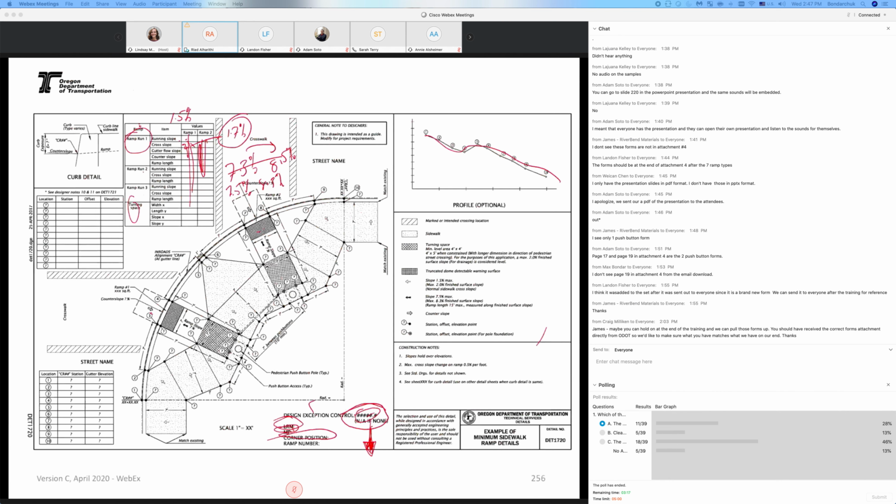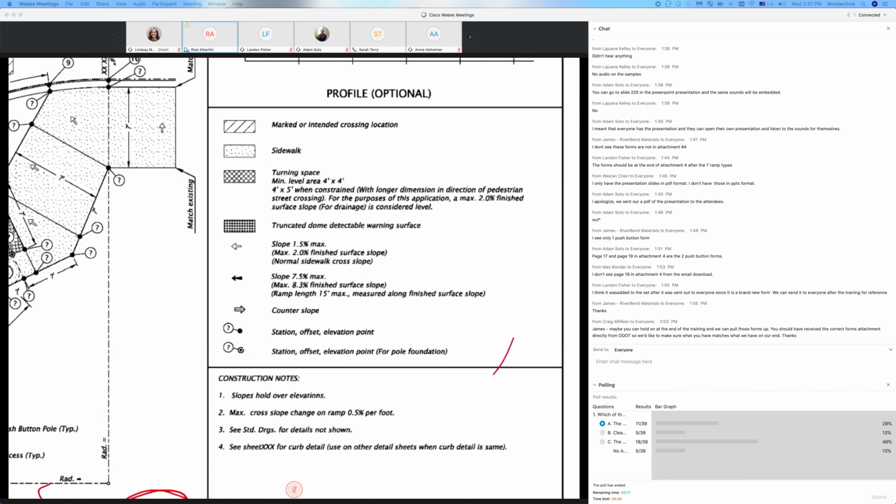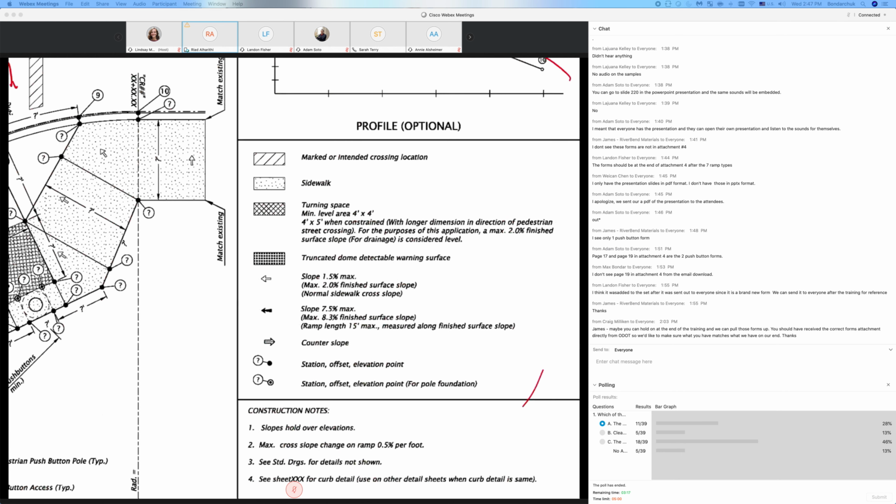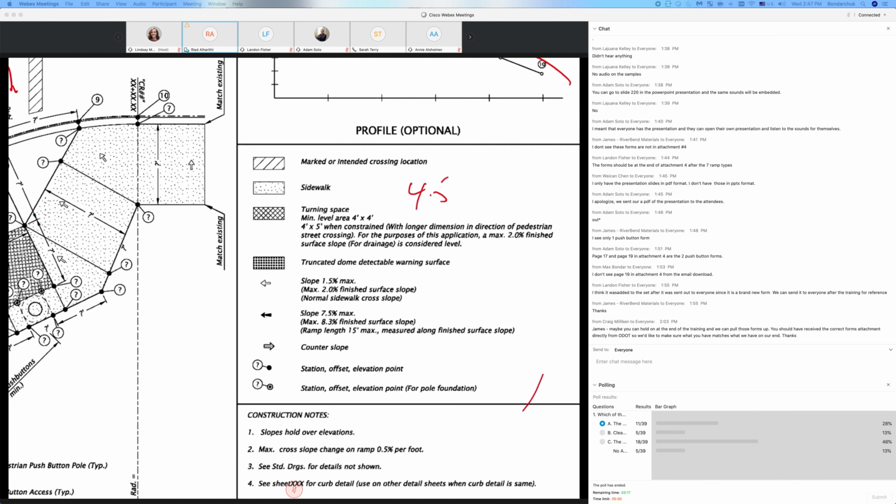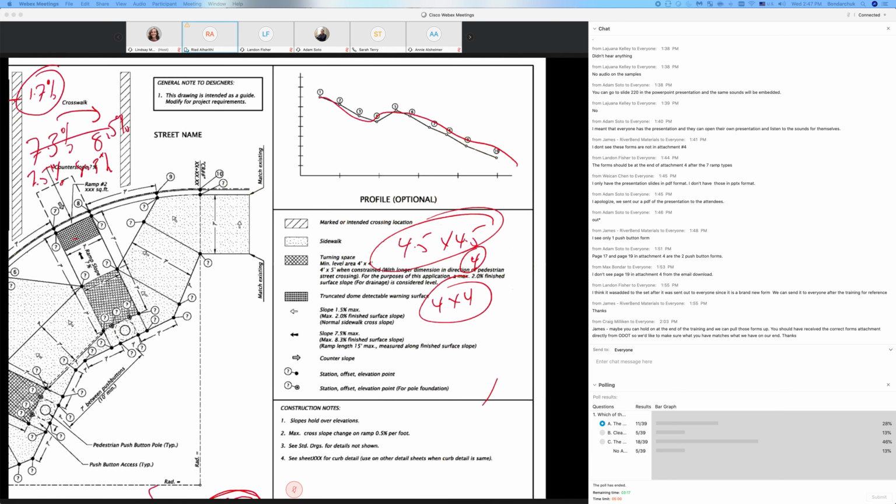So remember, the designer designed for 4.5 with the standard drawing. Remember the turning design 4.5 by 4.5 for turning space. The contractor could go up to 4 by 4 if there's a good reason for it. And then if you see in the design 4, that means there most likely is a design exception. So just pay attention to that. But that's a typical